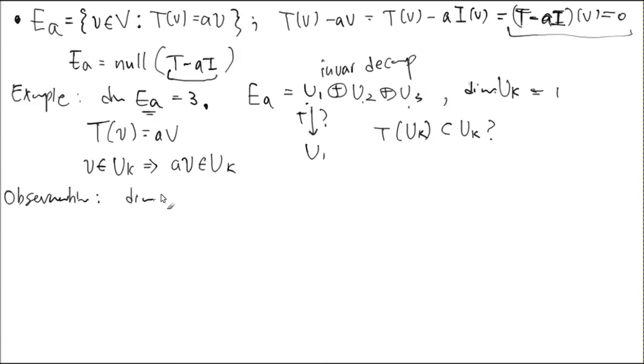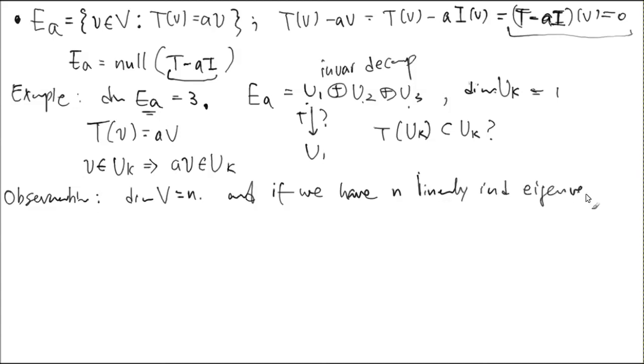If the dimension of V is n, and if we have n linearly independent eigenvectors of multiple eigenvalues,